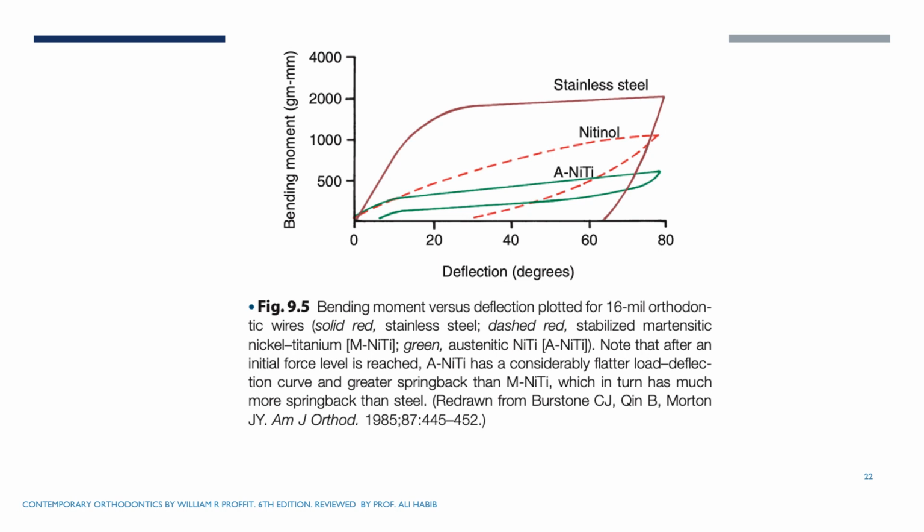You can see that with NiTi wires in general, they have a more horizontal slope curve than the stainless steel wire, which means that they are more flexible. So after an initial level of force, these wires start to bend and develop an almost flat curve. The A-NiTi develops almost a flat curve that has a plateau,